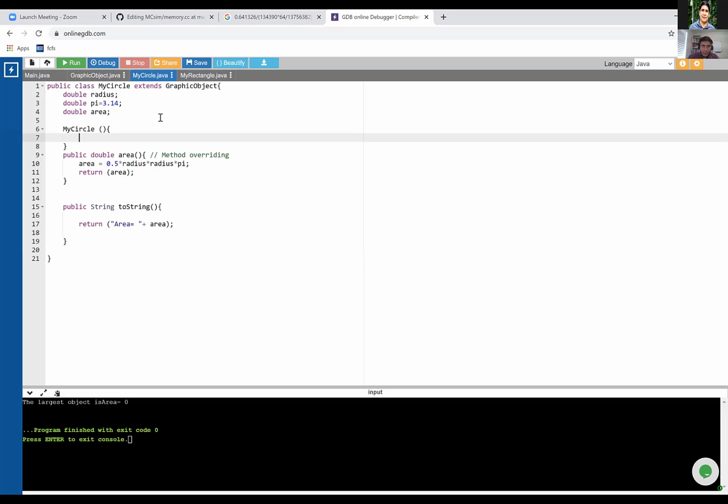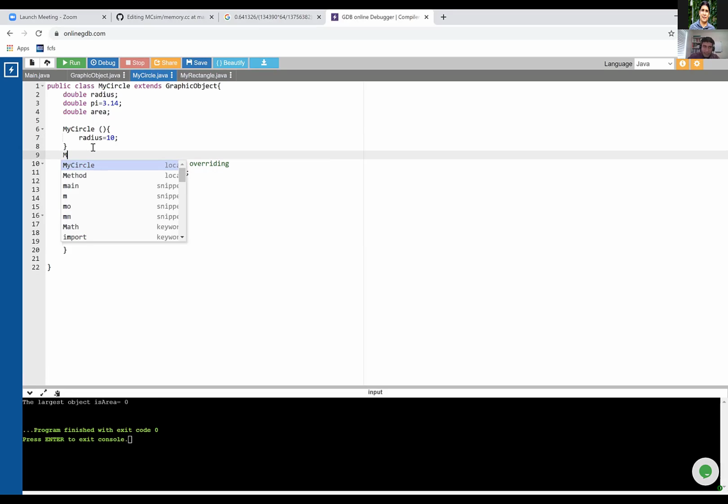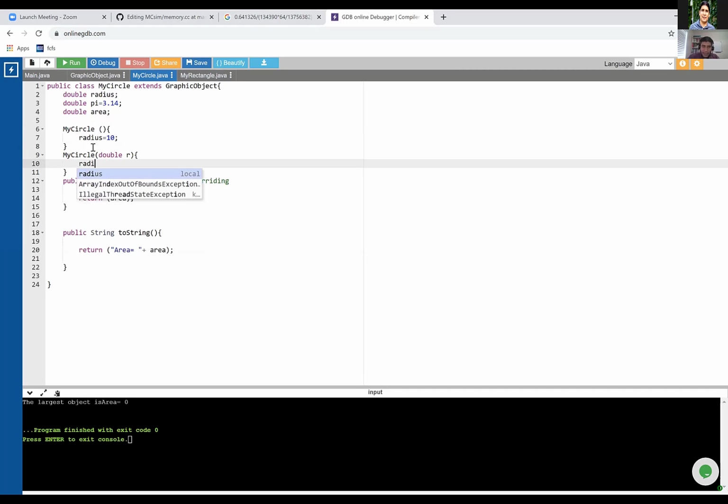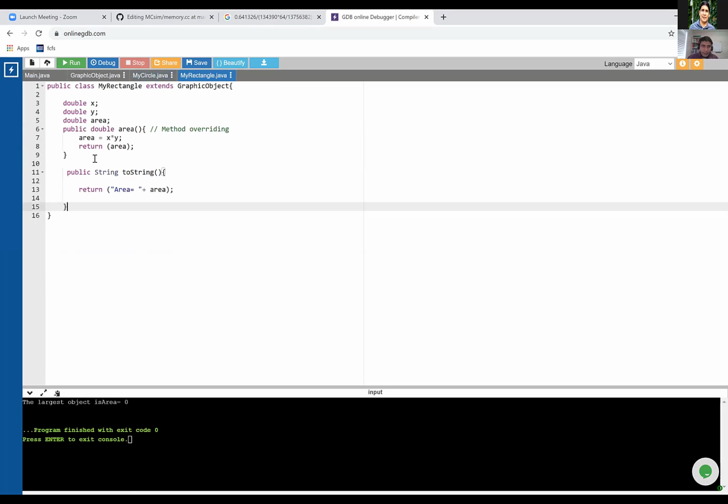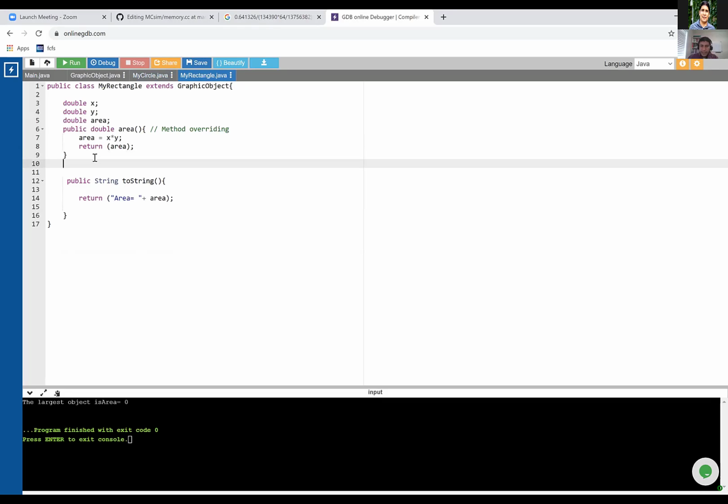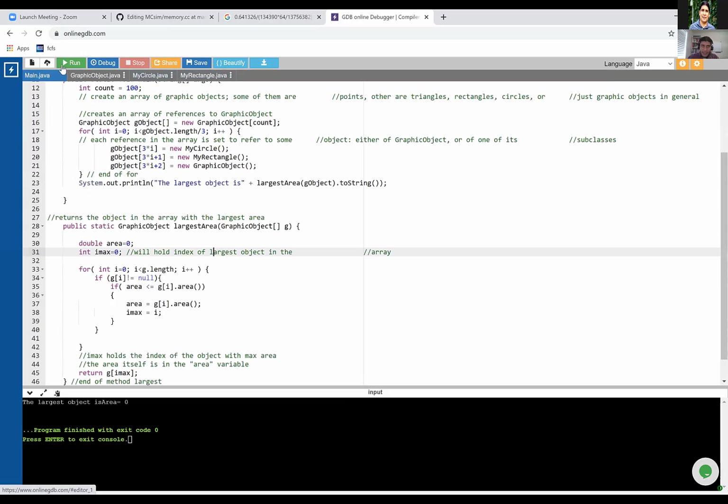But for now, for sake of just checking, let's have the radius initially be 10 if the user didn't initialize anything. Otherwise, maybe I have another constructor that takes double r as an input, which is the radius, and then now I can assign the radius to be equal r, right? And then I come to my rectangle, and well, I can do exactly the same thing, right? But just for sake of testing, if we run right now,